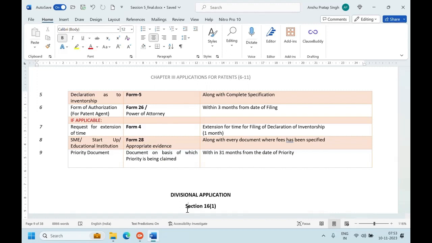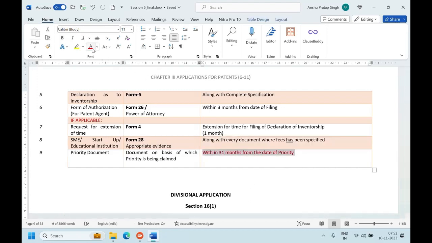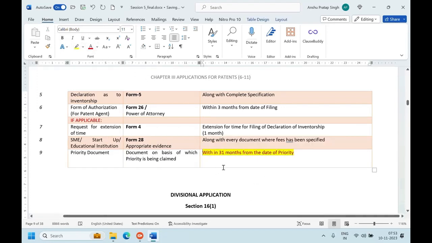I've said within 31 months from the date of priority, I will just recheck it. I have to recheck it, please. Before circulating, I will recheck it. Okay, under which rule it is. I think it might be a typo. Okay, before that,